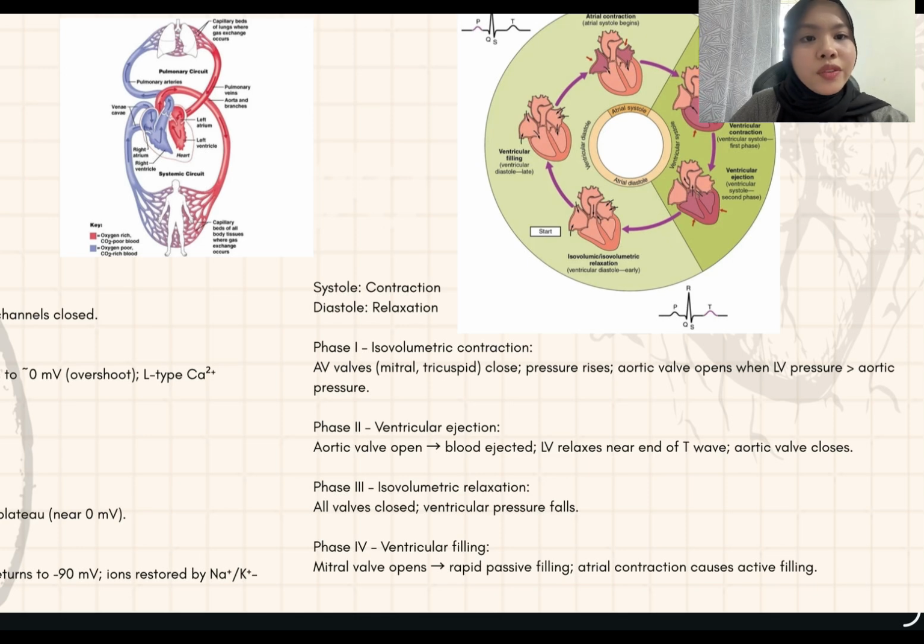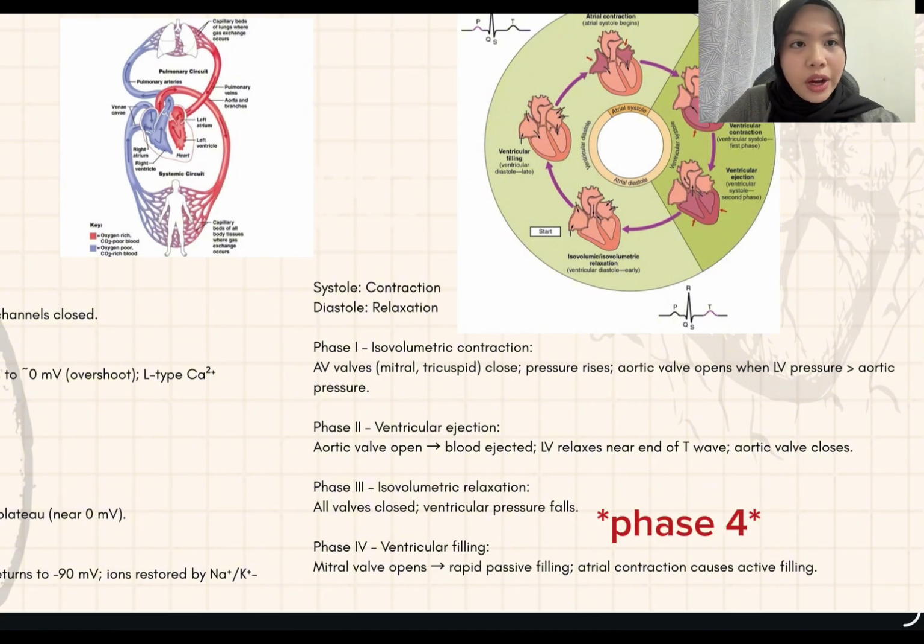In phase 1, isovolumetric contraction, the intraventricular valves close, causing the ventricular pressure to rise while volume remains constant. When ventricular pressure exceeds aortic pressure, the aortic valve opens. In phase 2, ventricular ejection, blood is expelled into the aorta and pulmonary artery. Near the end of this phase, the ventricles begin to relax and the aortic valve closes. In phase 3, isovolumetric relaxation, all valves are closed and ventricular pressure rapidly decreases. Finally, in phase 4, ventricular filling, the mitral valve opens, allowing passive filling followed by active filling due to atrial contraction. The heart also maintains two circulations, which is